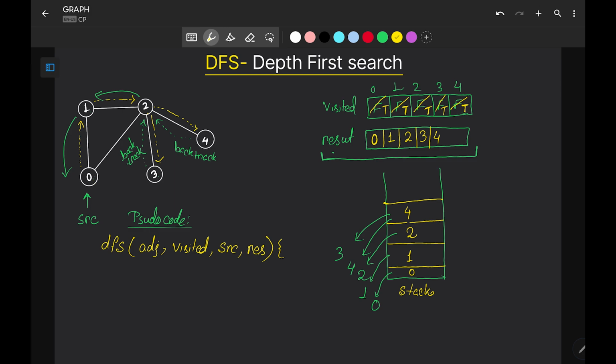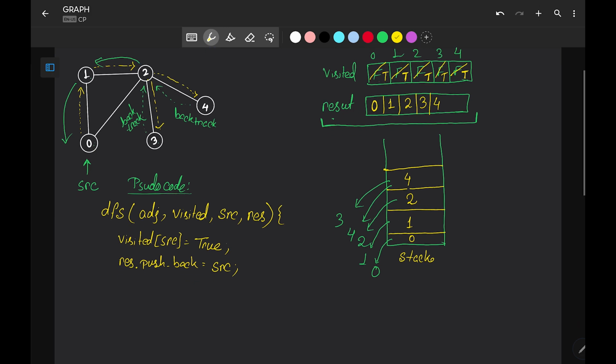First we will mark the source node as visited, visited of source node as true, and then we will push back the source value in the result,